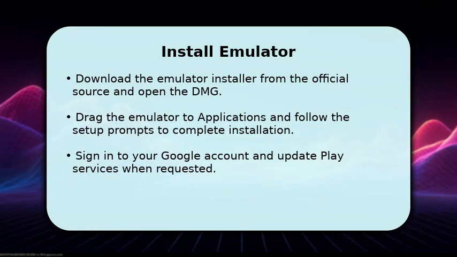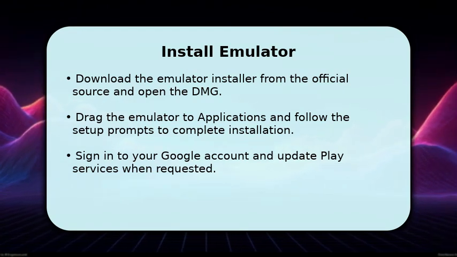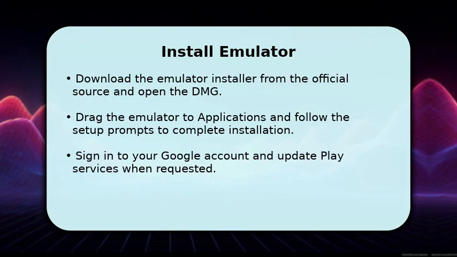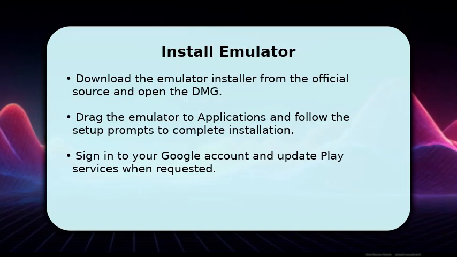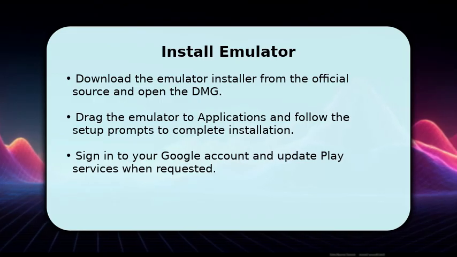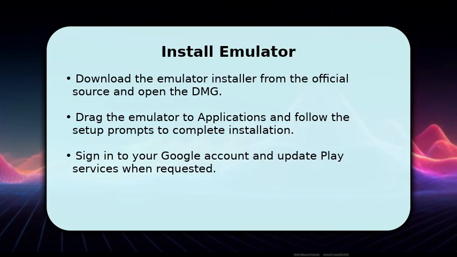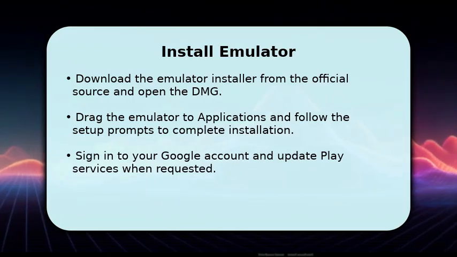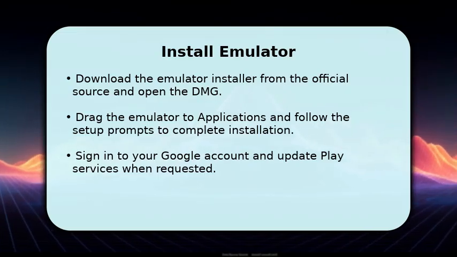Start by choosing a stable Android emulator compatible with Mac OS and download the appropriate installer. Open the downloaded file, drag the emulator to Applications, and follow on-screen setup prompts. When installation completes, open the emulator, sign in with your Google account, and update Google Play services if prompted. Finally, adjust emulator preferences like CPU cores and memory allocation to ensure smooth gameplay before installing PUBG Mobile from the